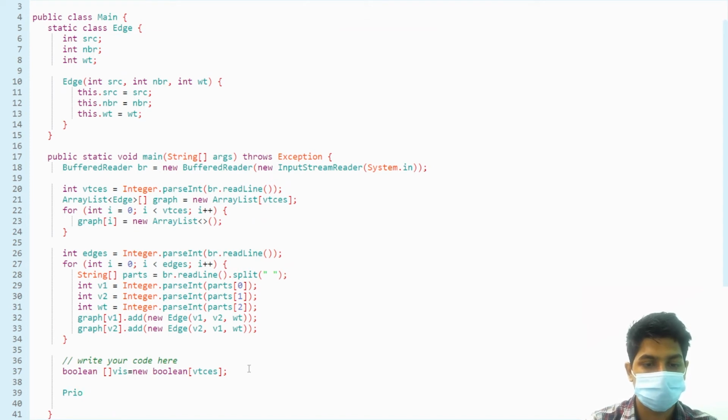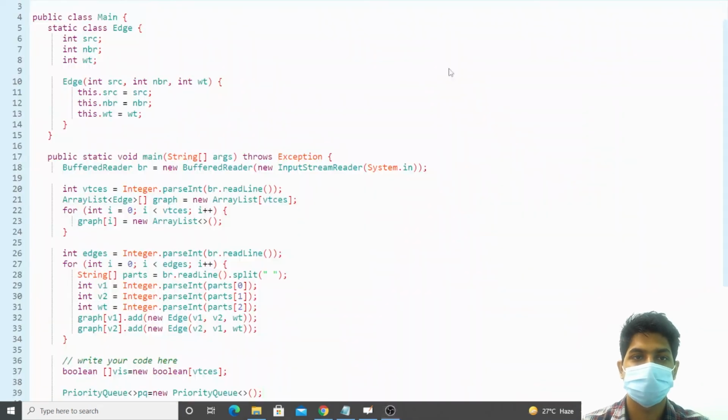So instead of a queue, we have to use what? A priority queue. PriorityQueue PQ equal to new PriorityQueue. But this will be a priority queue of a class, since we need a class pair.